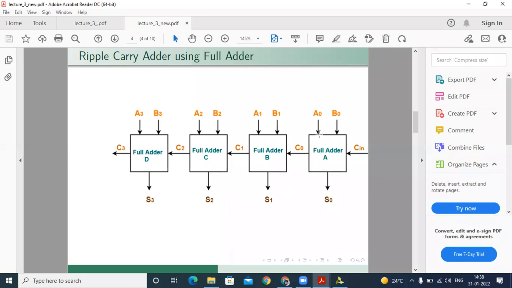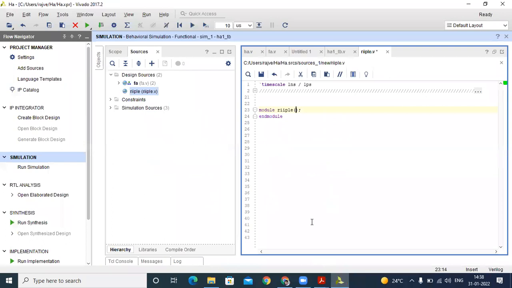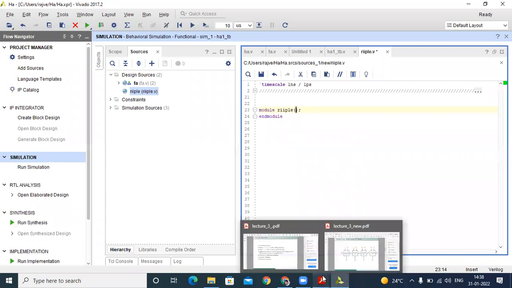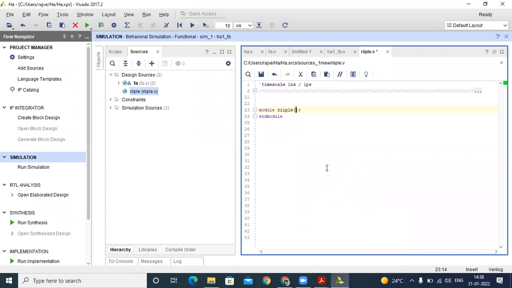So how do we call our full adder function? Suppose in our full adder, let's say we have X and Y, two 4-bit inputs, and sum and carry out.